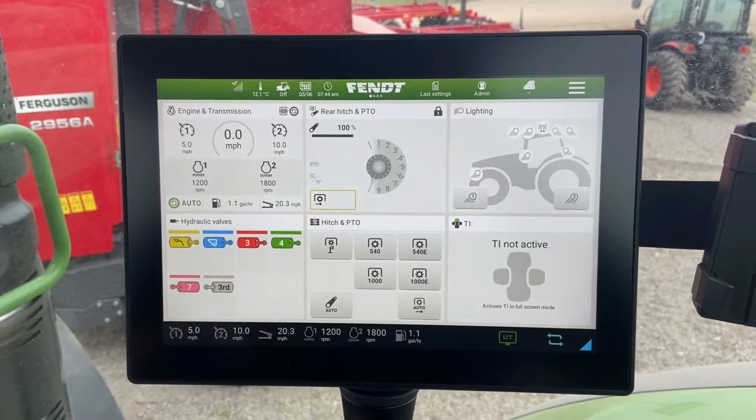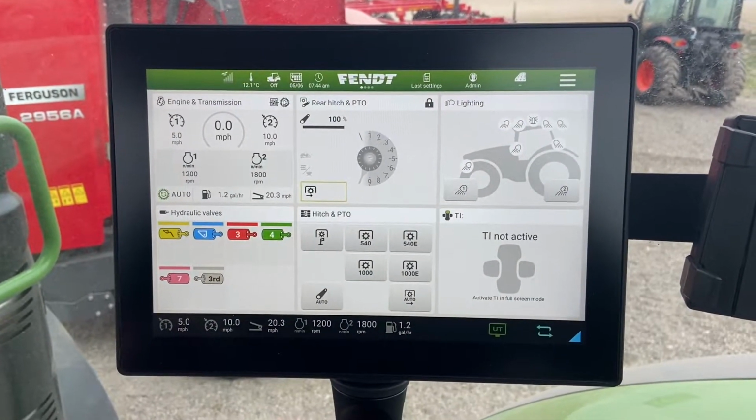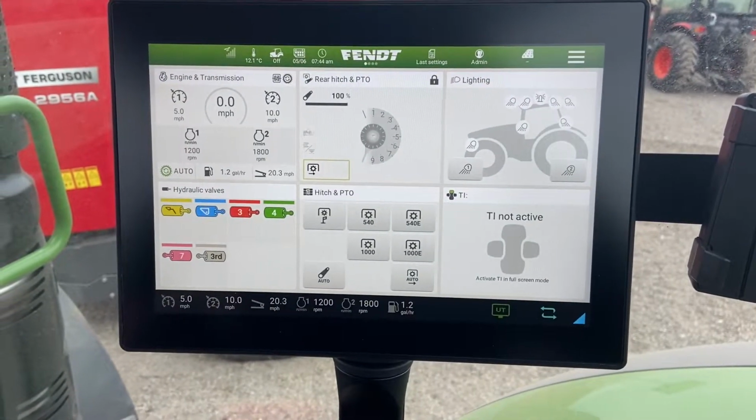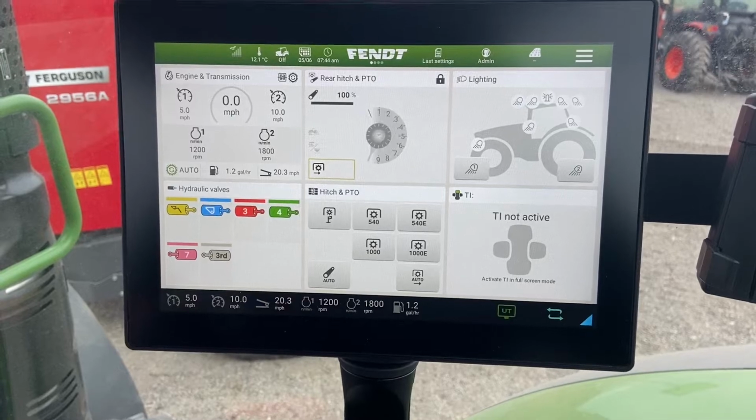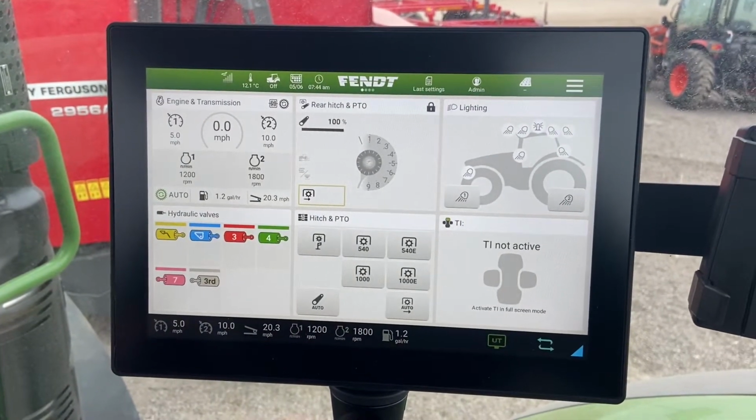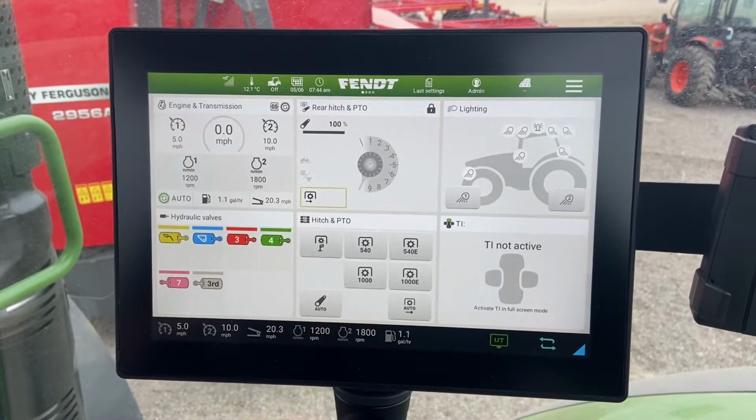Hello again everyone, this is Steve with Nick's Service out of Emerald Park, Saskatchewan, and I'm going to talk a little bit today about setting up a trigger or a recording for mapping in a GPS system for a Fendt tractor. This process is going to be very similar regardless of which model you have,